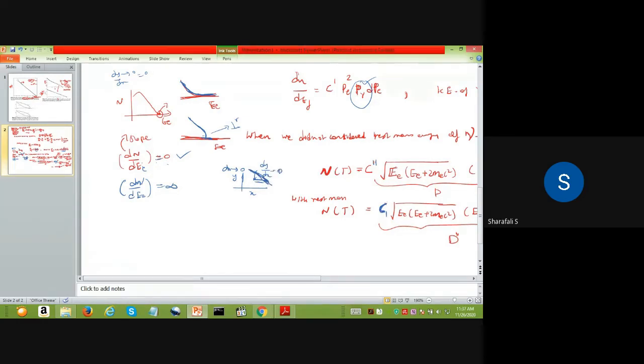Okay, it will become 0 only when dy becomes 0, which means that there is no variation in the curve along the y-axis. So the curve will be like this, parallel to the x-axis, which means that there is no change in the y value. So your dy by dx will become 0.